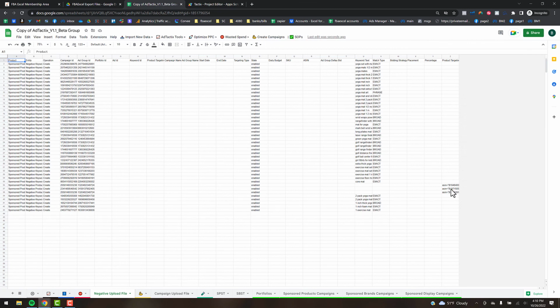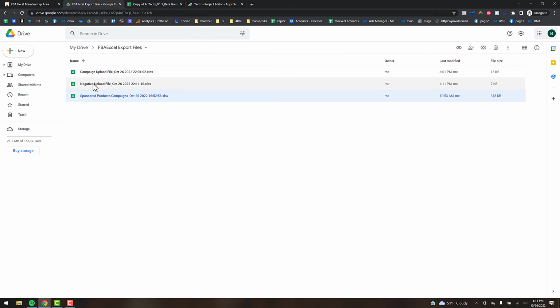You can see that these that were the ASIN targeting get formed a little bit different. So you don't really need to understand that. Just know that you need to click the export to Google Drive when you're ready to create your final file. And then when we go to our export files, you'll see it populate there under negative upload file. So upload that to Campaign Manager, and then all of those search terms that we deemed not very good will